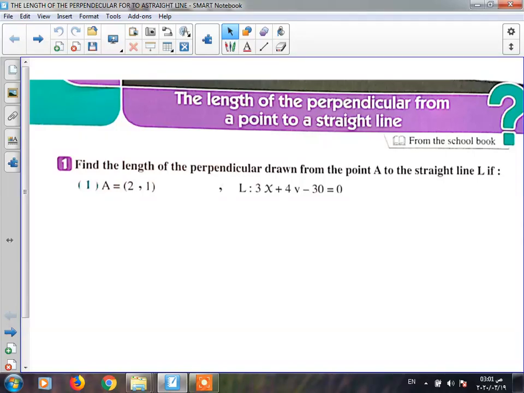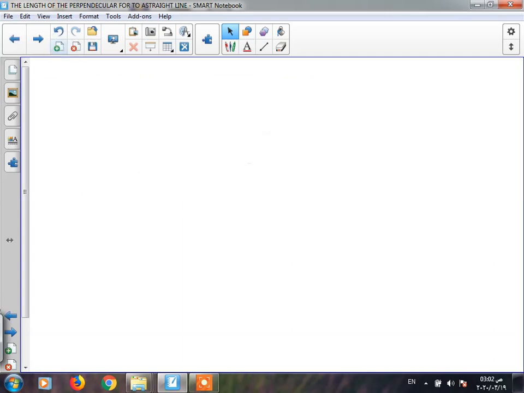How can we find the length of the perpendicular from a point outside a straight line to the straight line? How can I deal with that? I'm going to say that